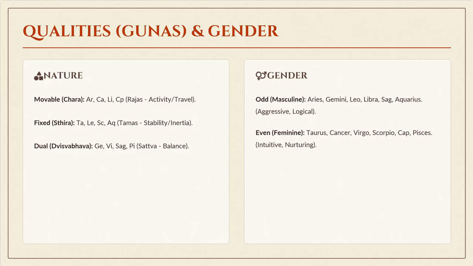This makes things easier. If I teach you about a Rashi, you will understand its characteristics, but it will be difficult to remember the characteristics of each Rashi like that. But if you can remember the sequence of Char, Sthir, Dvisvabhavak and all these, it will be easier to conclude: this Rashi is Char, this Rashi is Dvisvabhavak, this is a Sthir Rashi, this is a male or female Rashi, and then what its nature will be.